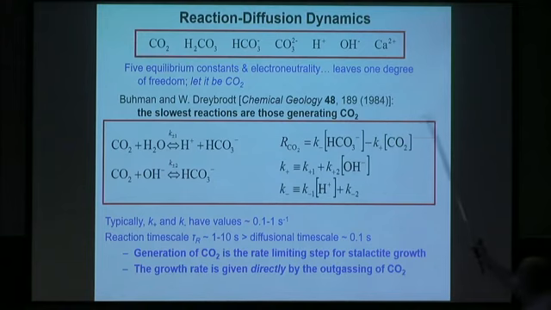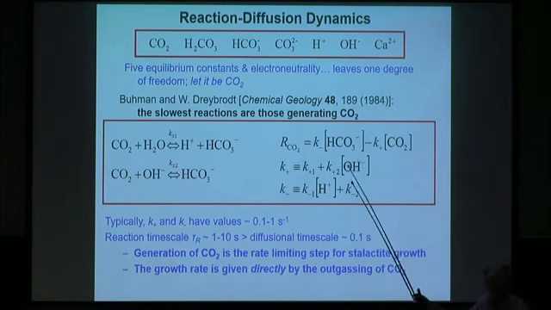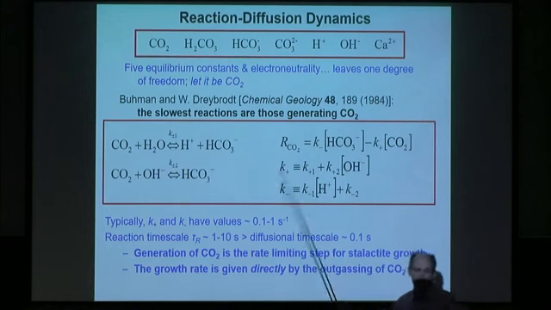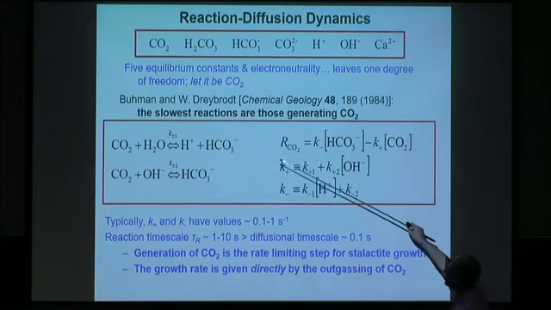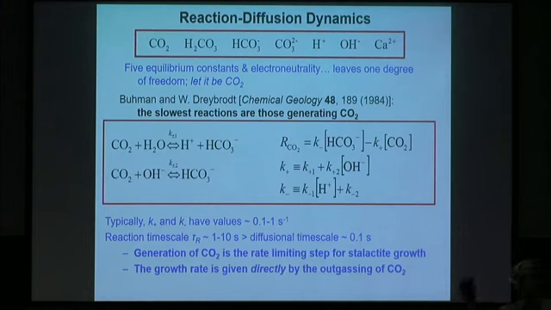Okay, so the chemistry of this is well known. There are a whole bunch of different chemical species involving dissolved carbon dioxide in the water. And you can write down all the chemical kinetic equations, and it's kind of boring. But there was a key piece of work done by Buhmann and Dreybrodt some years ago, which showed that the slowest chemical reactions in the problem are those that produce the CO2 that then outgasses. And so by the law of mass action, you can write down these chemical kinetics, and we know the timescales of them. And so the problem for the applied mathematician is, I have a thin layer of fluid of thickness that I know, I have chemistry going on there, and there's some rate at which things precipitate on the surface. And how does that rate depend on things like the fluid layer thickness?